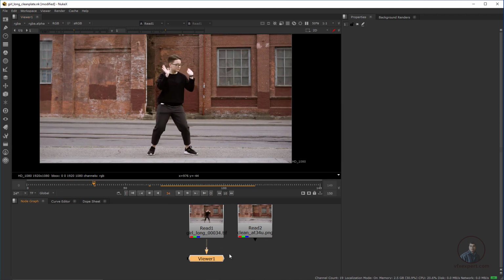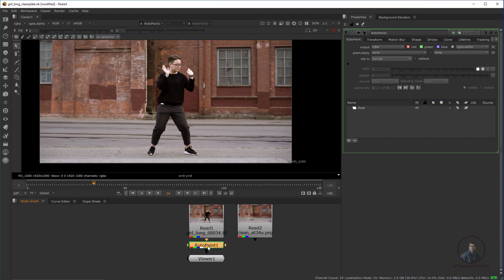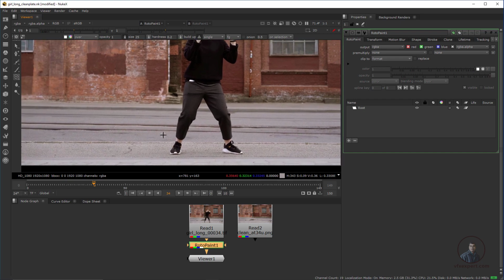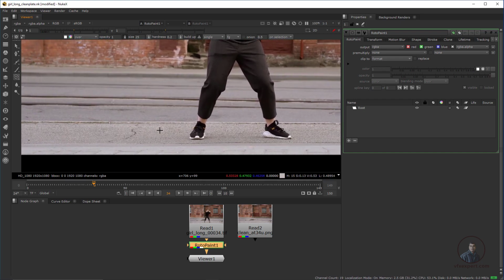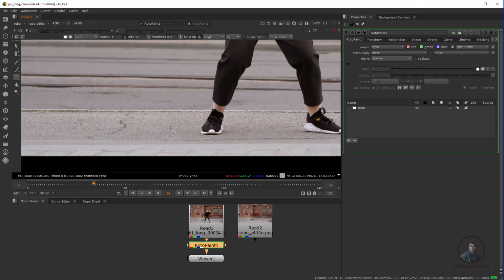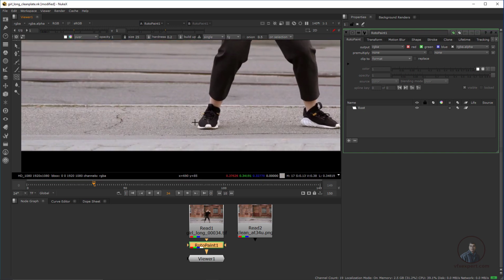So first, normal cloning. Take a RotoPaint node here, shortcut P, then double click here, then click here and take a clone. This is manual cloning, or you can say normal cloning. First select your source pixel or area and paint over here, then hold Control and you can easily shift like this.